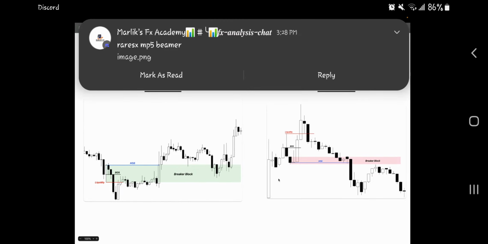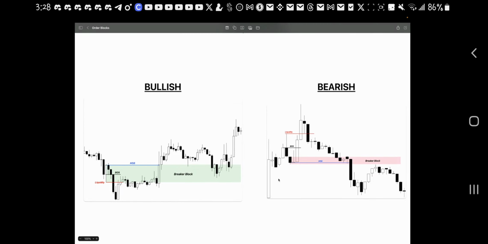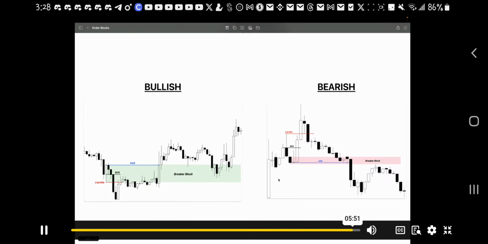To summarize, a breaker block is simply an invalidated order block that flips from being a bullish support of a trend